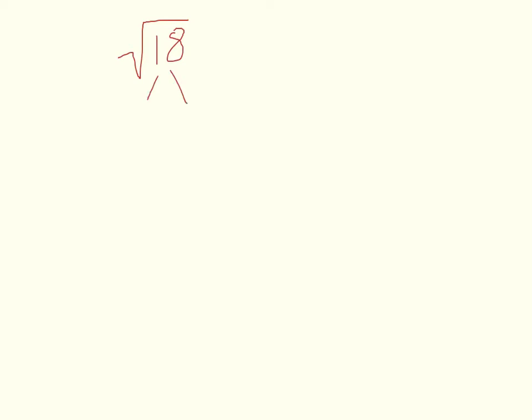I'm going to start by drawing two branches under the number, and these branches are going to connect to two numbers that multiply to that. So let's start with 2 and 9. Your goal here is to keep on doing this until you find pairs. So notice with the 9, you can break that down into 3 and 3. Once you've found a pair, let's go ahead and circle our pair. That pair is going to leave the radical,